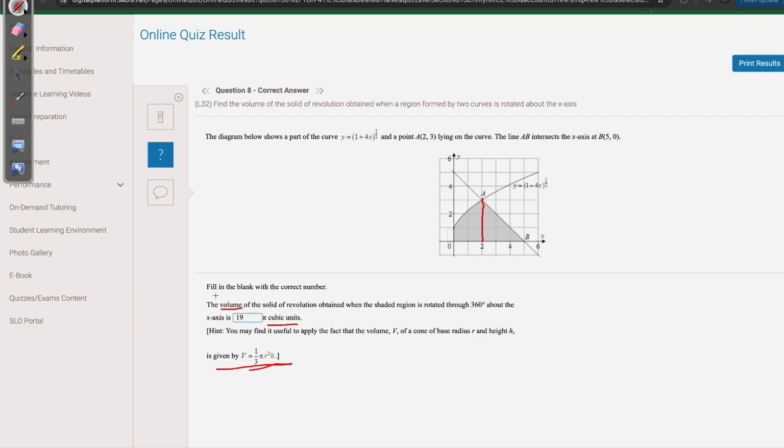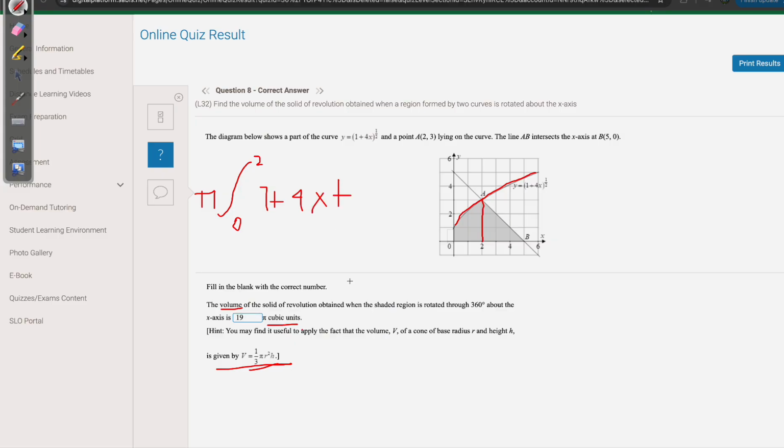Okay, so first of all, since here we have the curve, right? For the first part, we're just going to integrate the function squared times pi, from 0 to 2. So pi, the function squared is just going to be 1 plus 4x. Simple as that. Plus